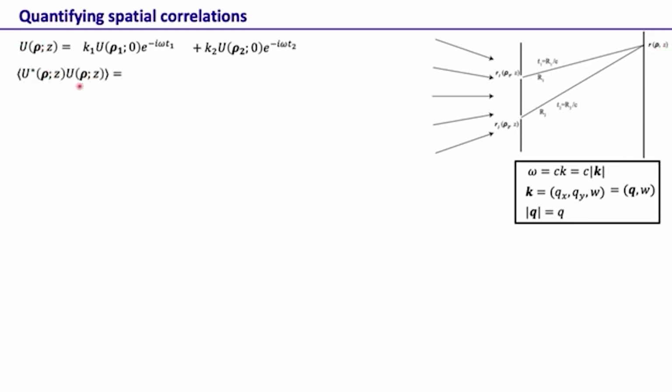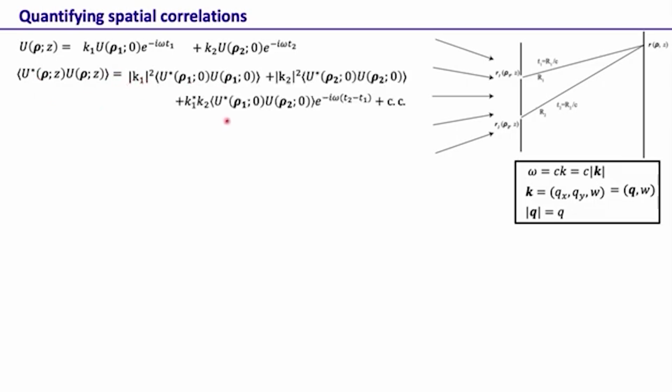Now once we have the amplitude, we look at the intensity at rho z, which is given by the ensemble average of u star(rho, z) u(rho, z), and we did this in the last lecture as well. So this is simply a sum of three terms, in fact four terms, with the complex conjugate here. The first term is basically the intensity u star(rho 1) u(rho 1), the intensity at this point, with a geometric factor K1 because of the size of the slit and the direction and all that. The second term contains the intensity coming from this location, u star(rho 2) u(rho 2),